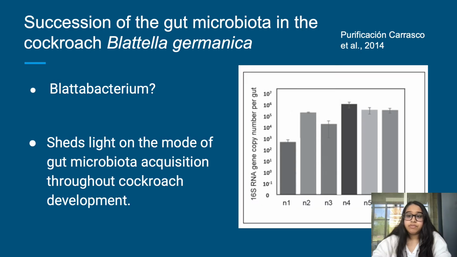Now that you have more of an understanding on the material, let's take a closer look at the paper by the Institute of Biodiversity and Evolutionary Biology. The article begins by defining the Blattabacterium. Cockroaches harbor this endosymbiont in bacteriocytes, which are specialized cells in the fat body that are acquired for host fitness